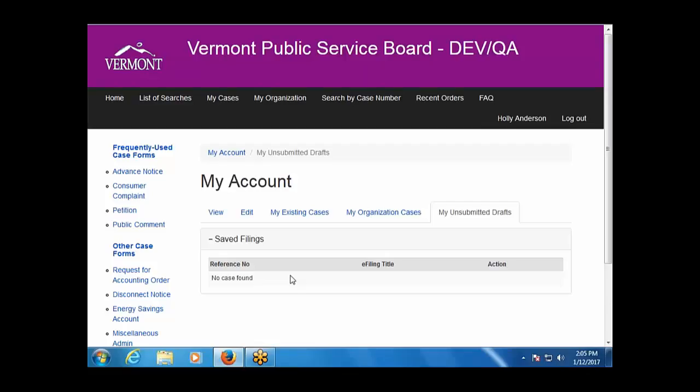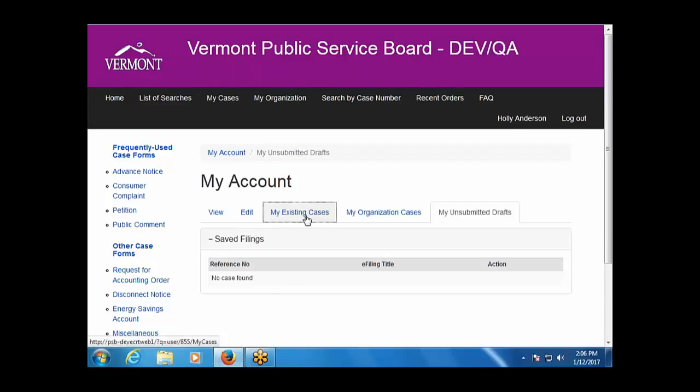All right. The next one: is there an automatic service by the PSC, or do we need to continue to serve parties ourselves? Well, what this system will do is provide notice of the initial filing to the state agencies who are required to be served, as long as you have chosen yes to that option in your initial filing. But the filer must still serve everyone else in hard copy, adjoining landowners, anyone else that is supposed to get that initial filing. For filing in existing cases,